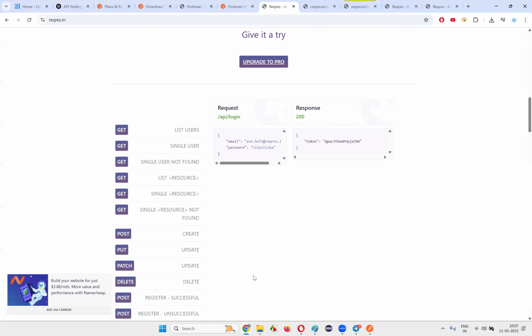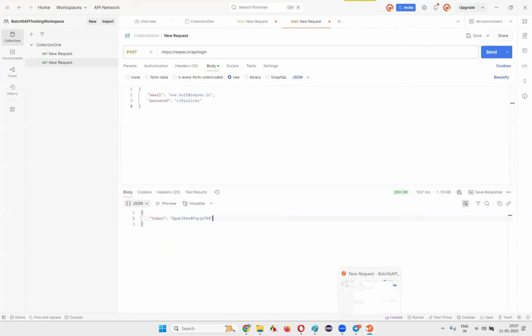Next thing here is we have to perform API testing. Only the positive scenario we have tested. Positive test case we have tested. What is the negative test case here? The negative test case here is